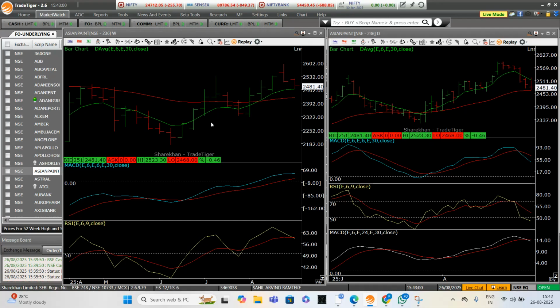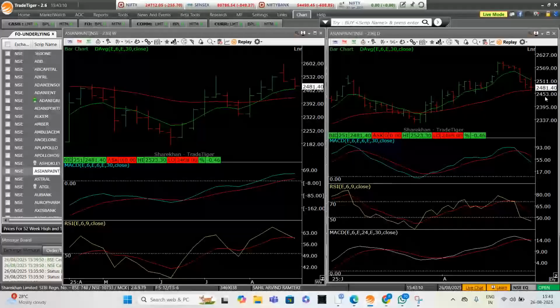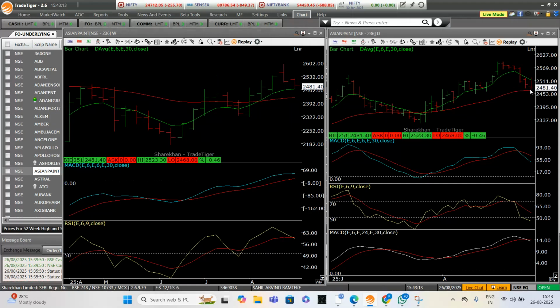तो एशियन पेंट्स में हम लोग ने पहले देख लिया कि प्राइस हैज कमिंग नियर द वीकली E6, राइट। कीपिंग द वीकली MACD RSI सब उसका अप है। E6 अबव E30 भी है। यहाँ पे डेली के E30 के पास आ गया देखो, राइट। तो दोनों कंडीशन फुलफिल हो रहा है। वीकली के E6 के भी पास आ रहा है, डेली के E30 के पास भी आ रहा है, करेक्ट है। पर ये डेली के E30 के पास आ रहा है, ये हमें क्यों मतलब है, मेरे को नहीं समझ आ रही है बात।